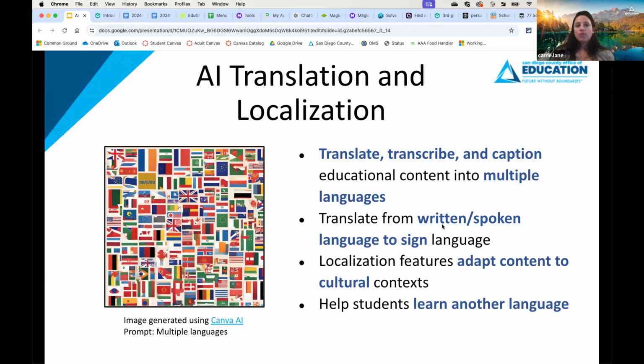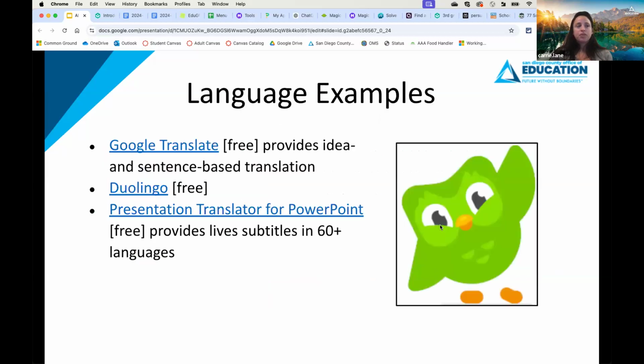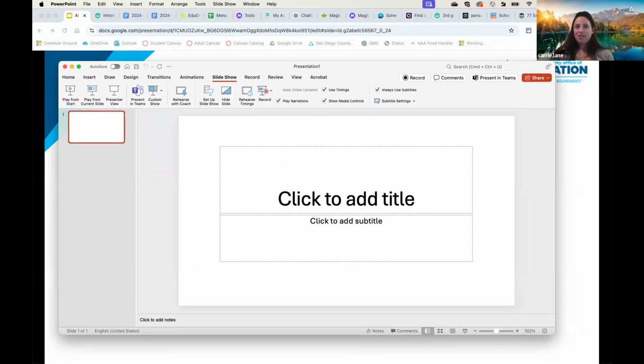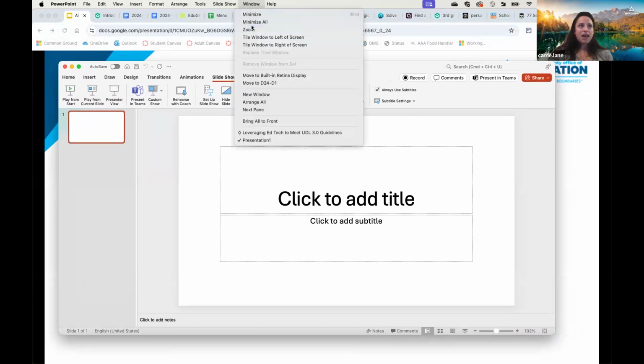And then, of course, now there are some really good translators, transcribers, and things that you can use to adapt content to be more culturally appropriate. So I put in here just some basic ones, Google Translate, Duolingo. But one thing that I do want to show you, and I heard from some people that they have Microsoft, which is great, because Microsoft and accessibility in general, they work much more nicely together than Google and accessibility from a content standpoint.